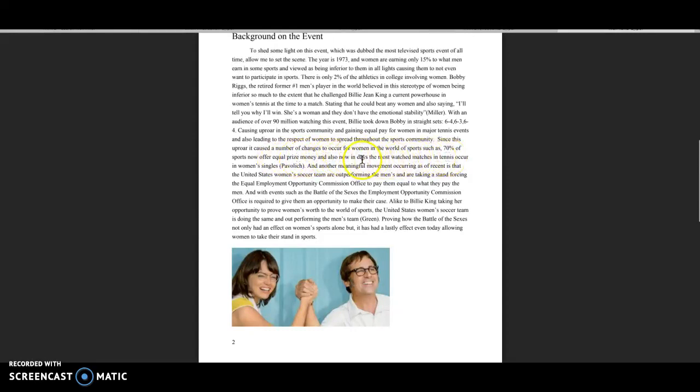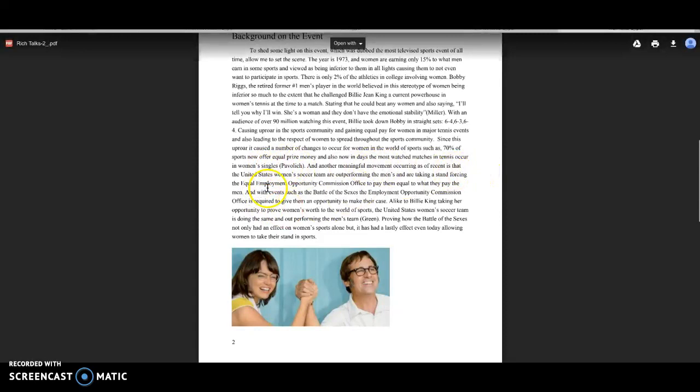And I also noted something specific, how in tennis now, a lot of the most watched matches are in women's singles, which is something that would virtually never have happened before. And the Battle of the Sexes directly affected that.